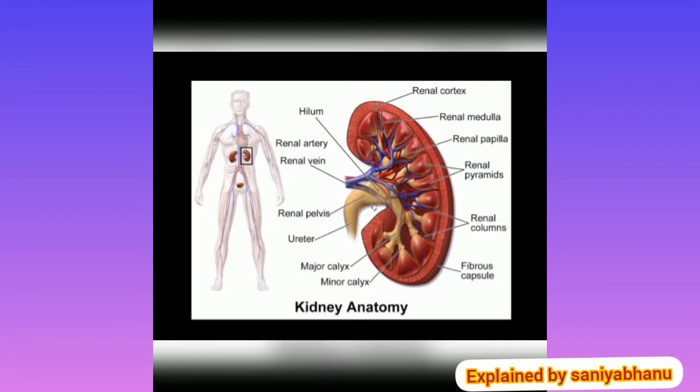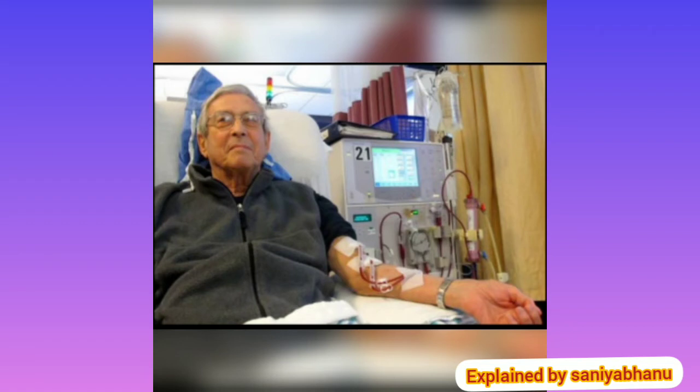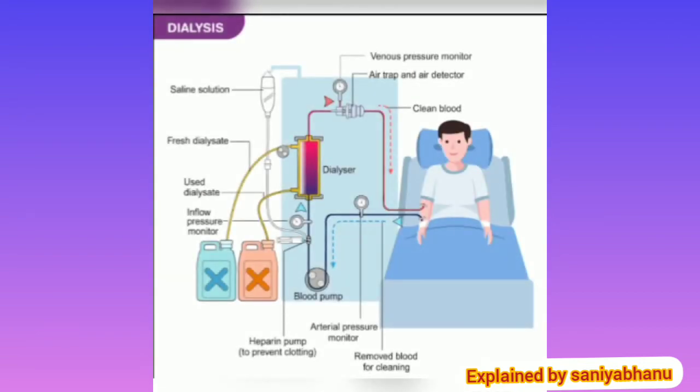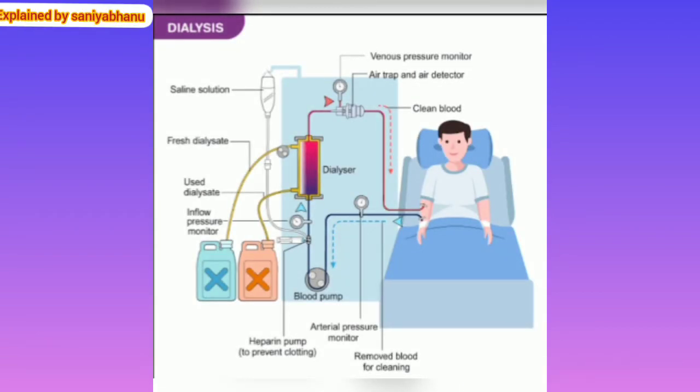A dialysis machine is used to filter the blood of a person when both kidneys are damaged. This process is called hemodialysis. Hemodialysis is a procedure where a dialysis machine and a special filter called an artificial kidney or dialyzer are used to clean your blood. To get your blood into the dialyzer, the doctor needs to make an access or entrance into the blood vessels. This is done with minor surgery, usually to your arm.